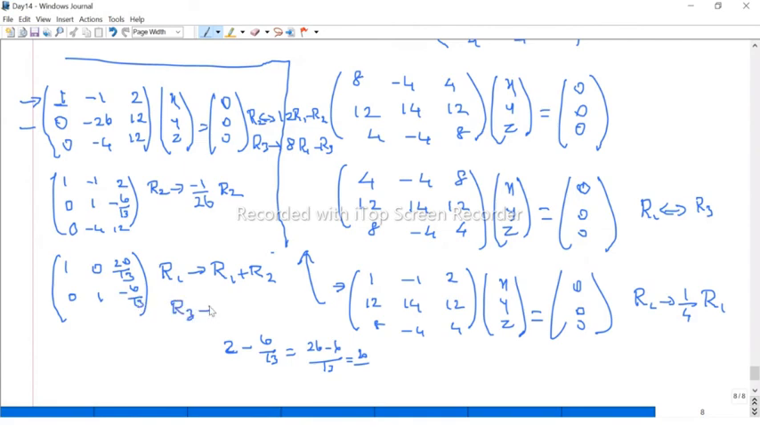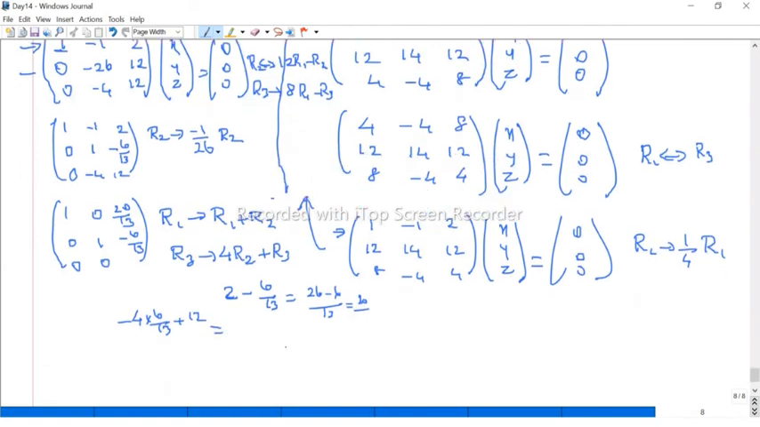Now the third row, I am going to replace it: multiply 4 to the second row and add it to the third row. Therefore, we get 0, 0, and 1 into this is 0, and this is 4 times 6 by 13, minus is there, and then plus 12. So how much? 24 by 13 minus... plus 12. So how much? So anyway,